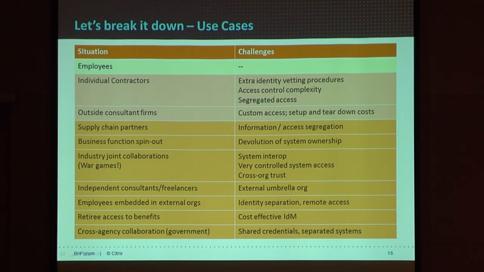So people have moved to the model of doing federation, true federation for supply chains, and businesses now are doing things like spinning out part of their operations as separate companies, and suddenly that becomes a federation model. There's interesting industries where you have joint collaborations. Oil and gas is a good example where it's so expensive to do drilling and geophysical surveys that companies will pool their resources to fund it. But they're competitors at the end of the day. They are very conscious of the IP that's being generated and created and who can access what, and very, very concerned about the security model, all of that.